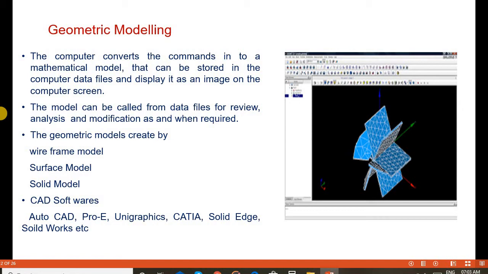Also we have various computer aided design softwares such as AutoCAD, Pro-E, Pro-E Wildfire, Unigraphics, CATIA, Solid Edge, SolidWorks and so on. These are some important CAD softwares available in the market, used for drafting of 2D objects and modeling of 3D objects, which are created based on the mathematical description of the concerned objects.